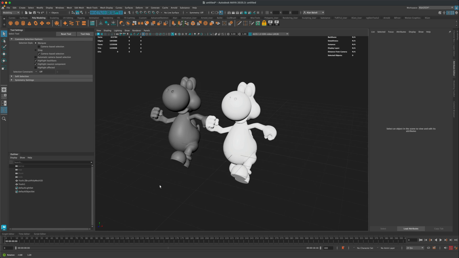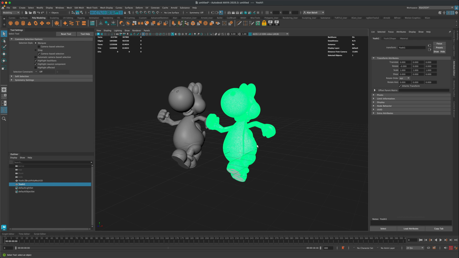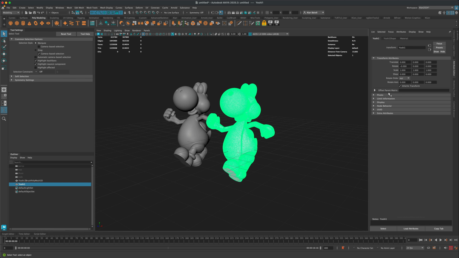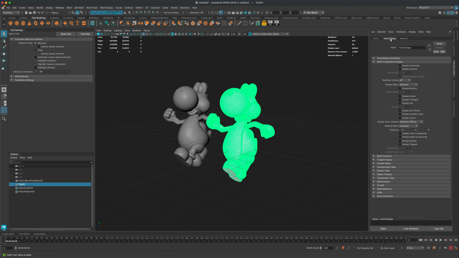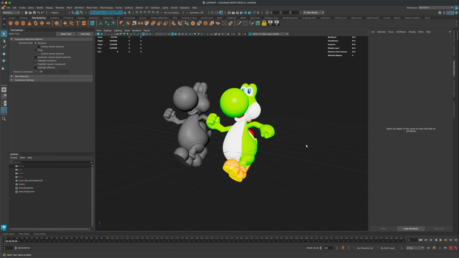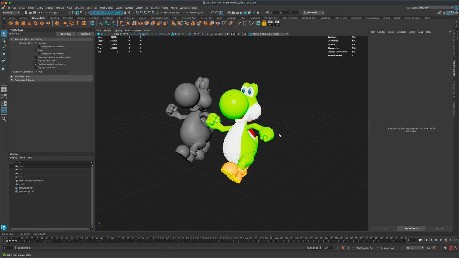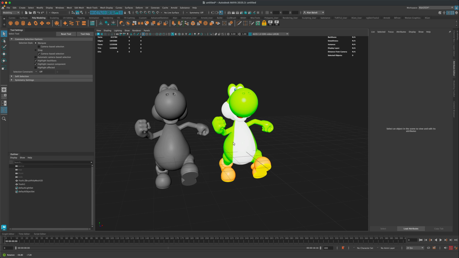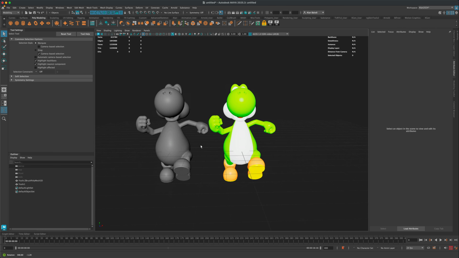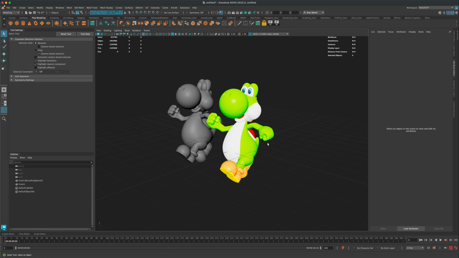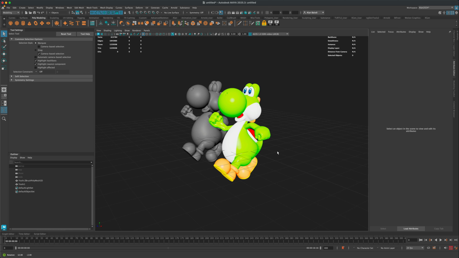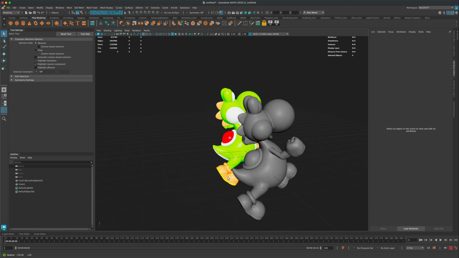Now, here's the cool thing. Because this one came out of Blender, I can just select it, right? Go into the shape node, and in the shape node, I can turn on display colors by simply tapping on it. And automatically, as you can see, the PolyPaint or the vertex colors is going to kick in without me doing any wiring whatsoever, right? I just literally used Blender as a bridge between ZBrush and Maya, which is kind of a funny way of